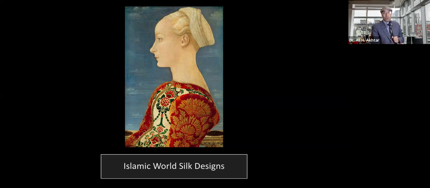And then likewise on the overcoat, we can see in red a pomegranate motif with leaves and stems in green around it. And that's interesting because pomegranate motifs in the ancient world, and especially in the Middle East and North Africa and the Islamic world, were symbols of vitality, youth, fertility. And so what Pollaiuolo's captured is a time in Italian silk design and fashion which really paves the way for modern Italian fashion and the innovations there.